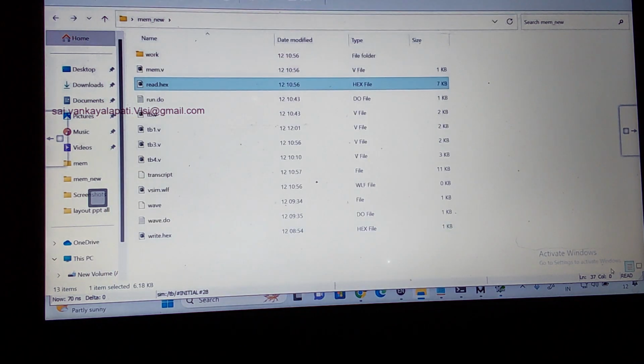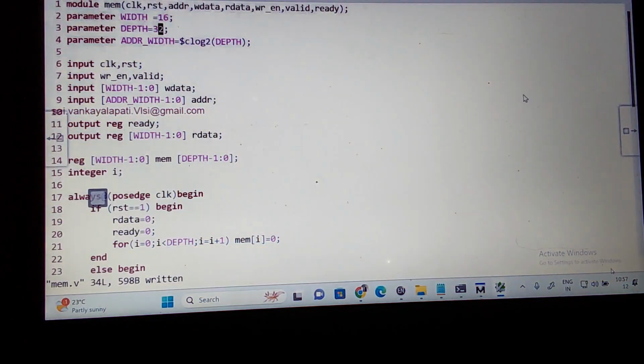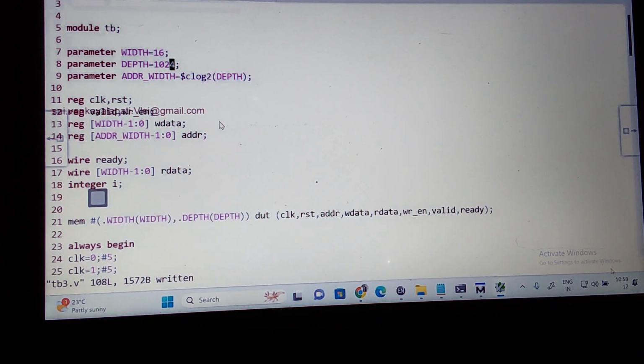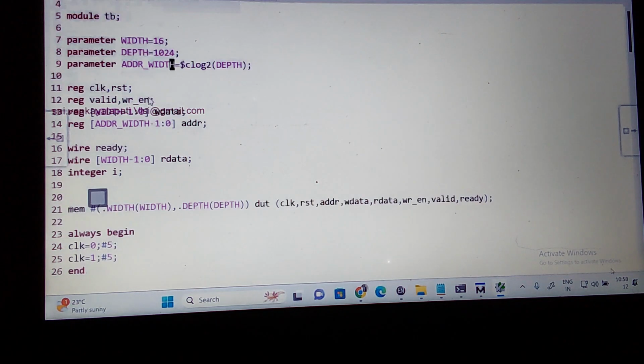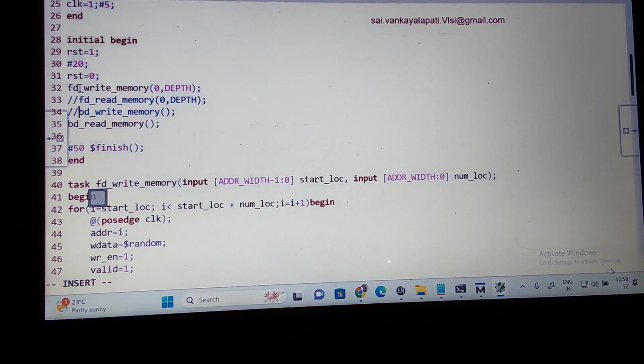Now suppose I want to do, now we did a backdoor read and backdoor write. Now we'll see backdoor write, backdoor read. What I want to do in this case, how to do backdoor read and backdoor write. What function should I write here? What task do I need to do? So I'm calling this task right here. This is backdoor read. Then what do I want to do? Backdoor write. Backdoor read I'm doing, then backdoor write.